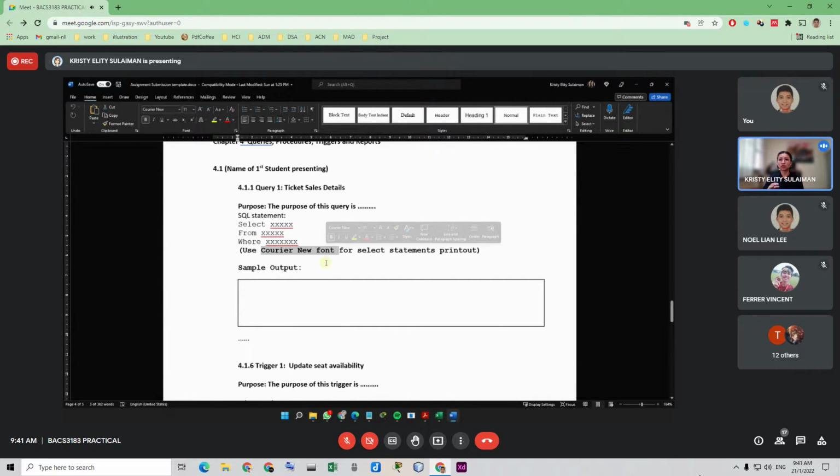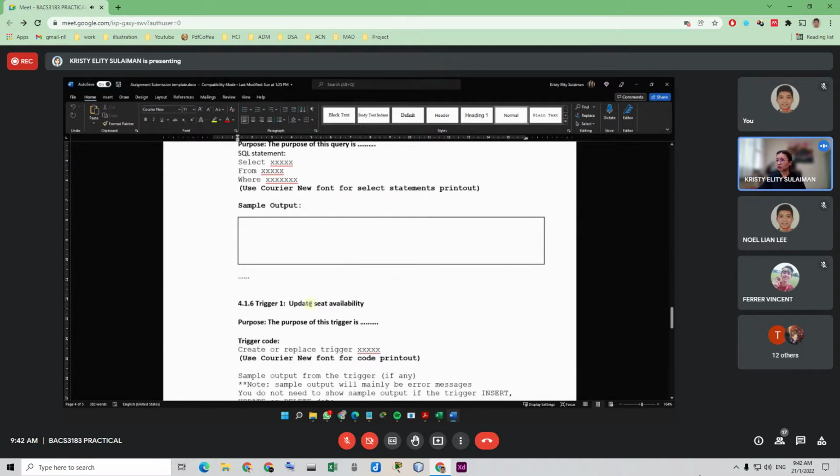If you don't use a screenshot, you can just copy paste from your query into this report. So up to you. You can have the SQL statement, the query, and the sample output should be a screenshot of your query.